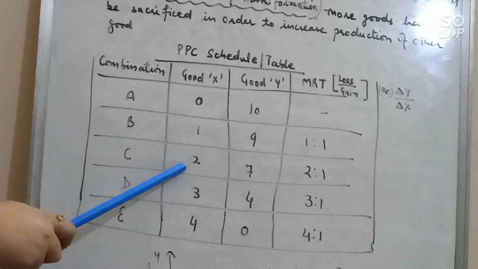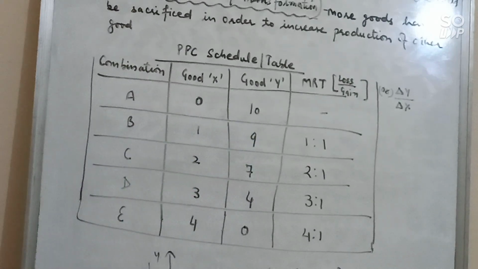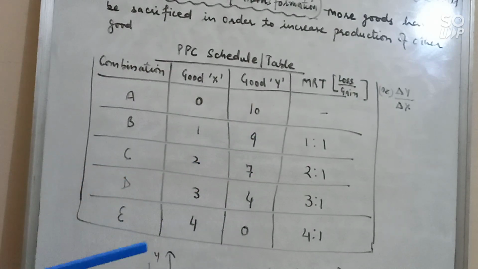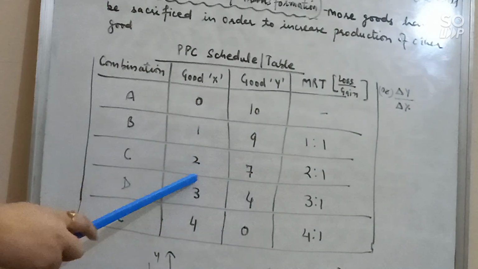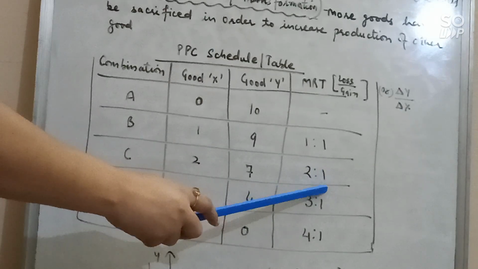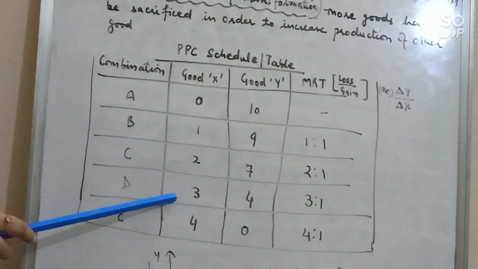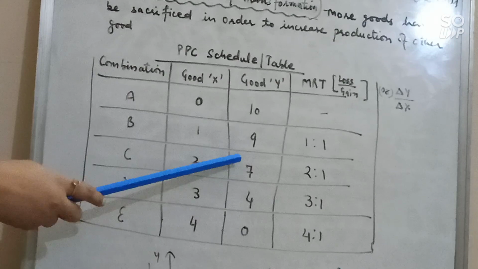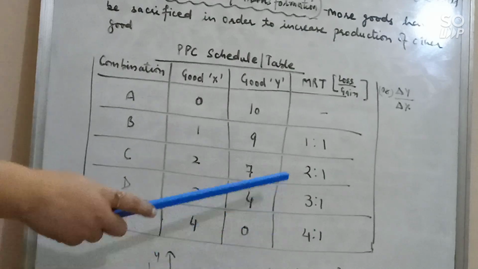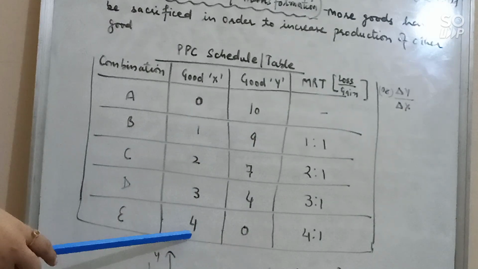In the next combination, again I am going to produce more units of X commodity. If I want to produce 2 units of X commodity, again I need to reduce the production of Y commodity. So now how much quantity am I going to reduce? 2 units. Earlier I was producing 9 units, now I am going to produce 7 units, because 9 minus 2 is equal to 7. So this combination shows the sacrifice of Y commodity is 2 and gain is 1. So the ratio is 2:1. Sacrifice is to gain. Clear? And in the next case, D combination, again I am going to increase 1 more unit of X commodity. In this case, again I have to reduce the production of Y commodity by 3 units. So 7 minus 3 is equal to 4. So the ratio is 3:1.